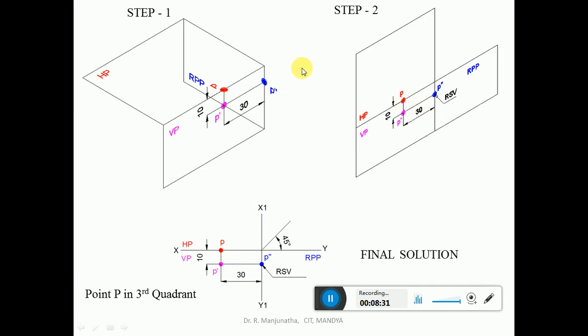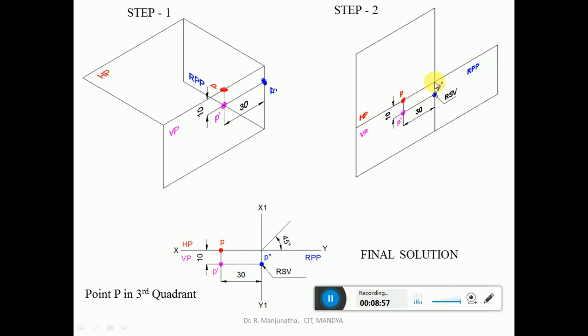So when you look from the right side view, we can see the distances of the front view and also the top view distance, which is here. So you draw a horizontal projector from P dash to the X1 Y1 line. So the front view distance of 10 mm below HP, which is seen. Since it is lying on VP, so obviously the point has to be on HP, and draw a horizontal projector from here so that it will come to this point.